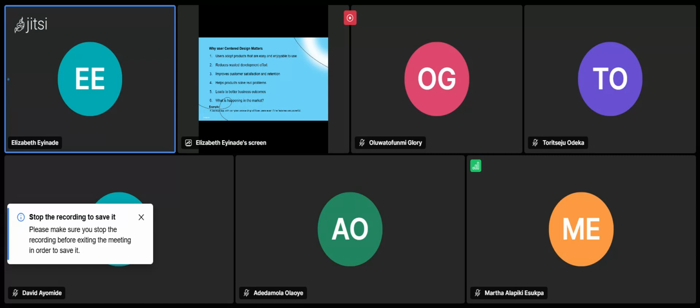So now, why does user-centric design matter? Why do we have to consider UCD? Does it even matter? Why? One, users adopt products that are easy and enjoyable to use. When a product is easy, when it is enjoyable to use, users will, in fact, you will have a lot